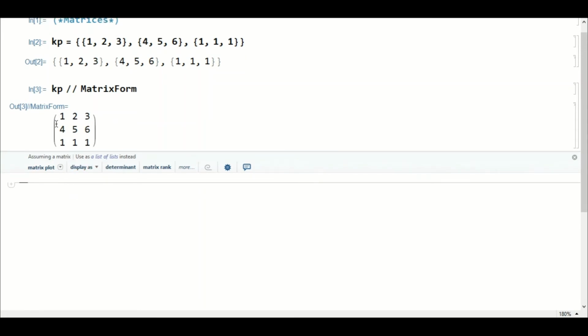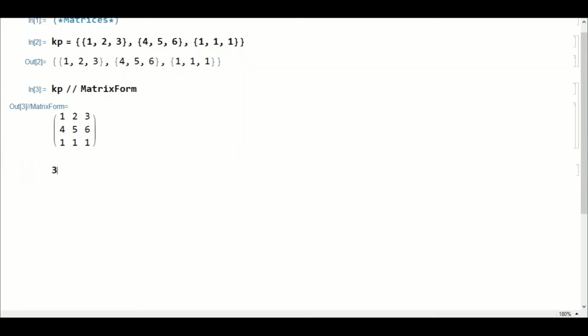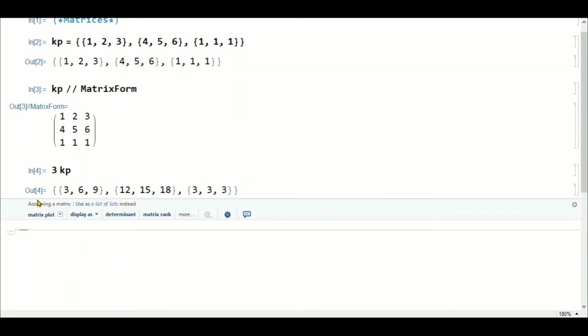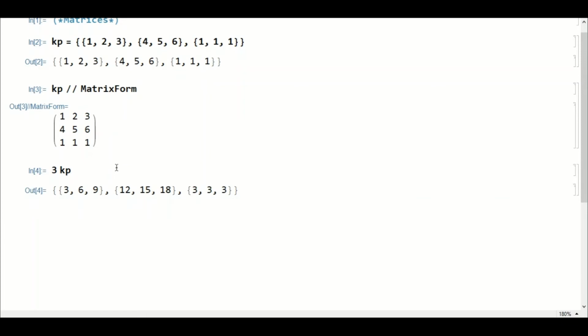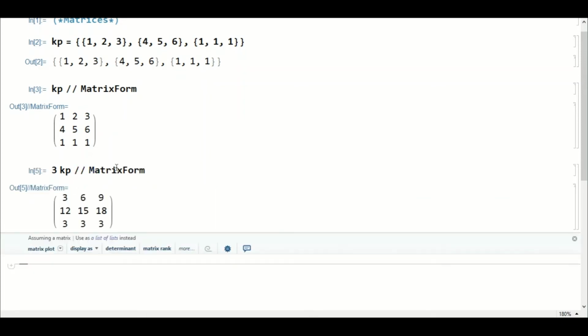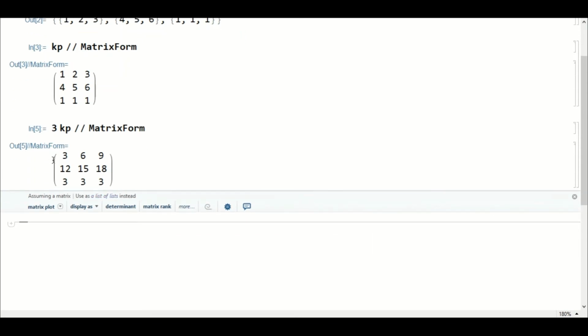Now if I want to multiply a scalar with this matrix, suppose I want to multiply 3 with all the elements of Kp, then I write 3 space Kp. To display this in matrix form also, double forward slash MatrixForm, and you can see that these are the elements of 3 Kp. So each element is multiplied by 3.